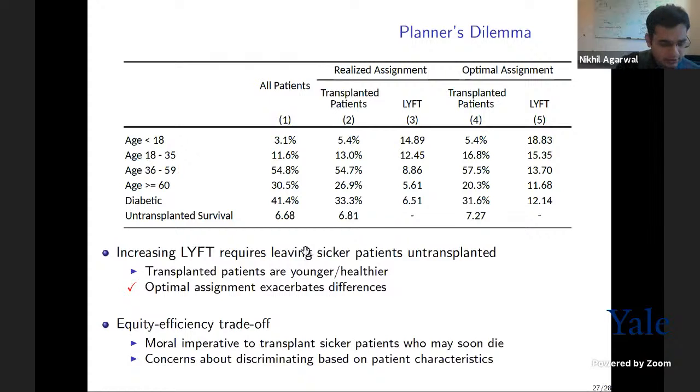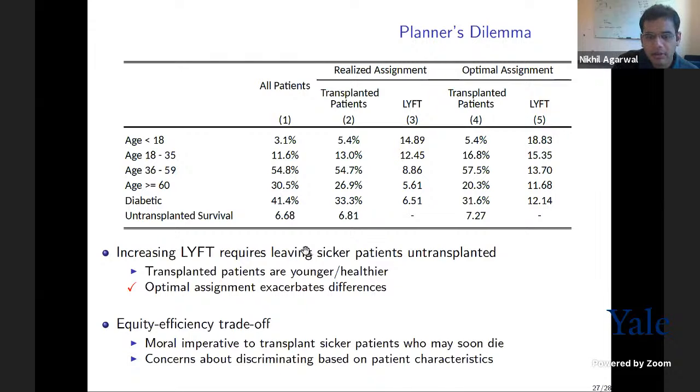This means that the planner is going to face an important dilemma between transplanting patients who are going to have their life extended the most by these transplants versus transplanting relatively sick patients who might otherwise die without a transplant. So in column 1, you look at the average patient. Relative to the average patient, the realized patient that is transplanted happens to be younger. You can see that young adults are more likely to be transplanted, and age 60 plus is less likely to be transplanted. Transplanted patients are less likely to be diabetic,